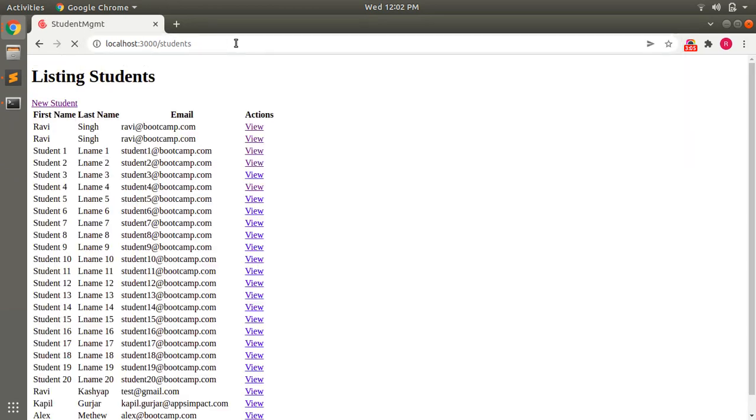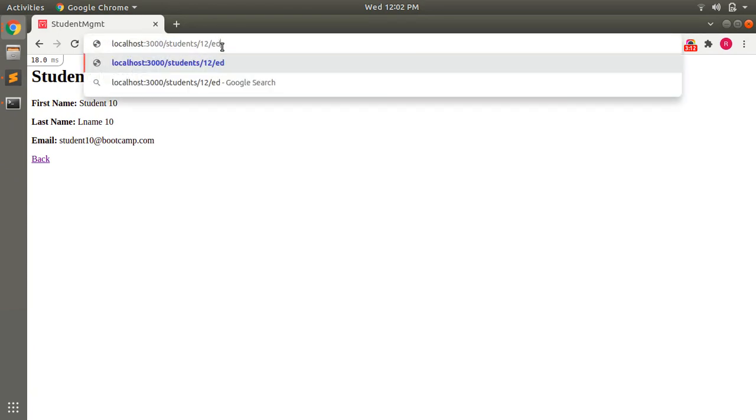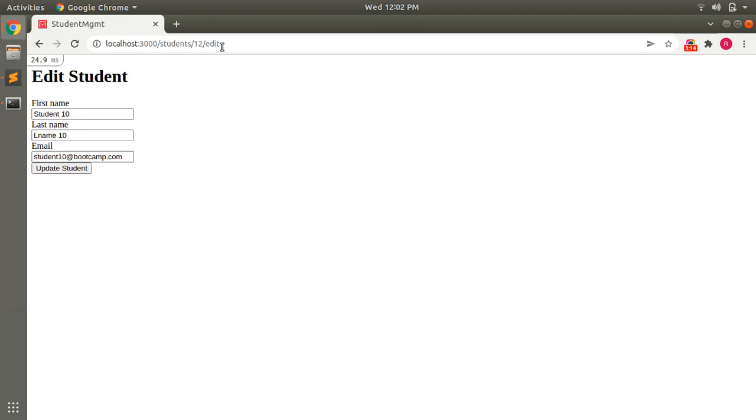Let's open the index page again, click on the student with id 12 and type slash edit here. You can see the first name student 10, last name lm 10, and the email student10@bootcamp.com.